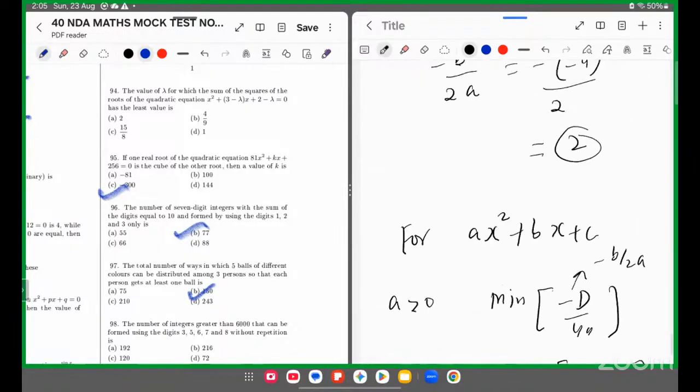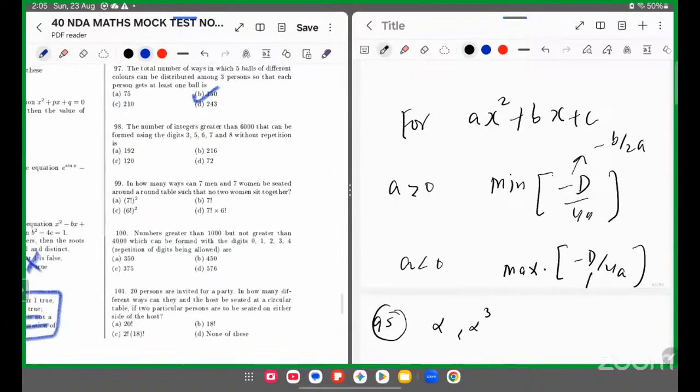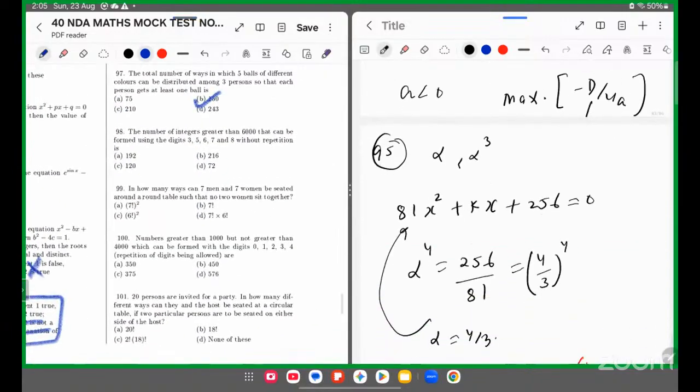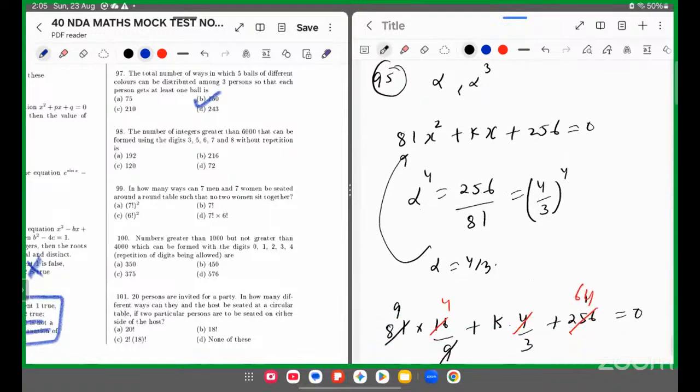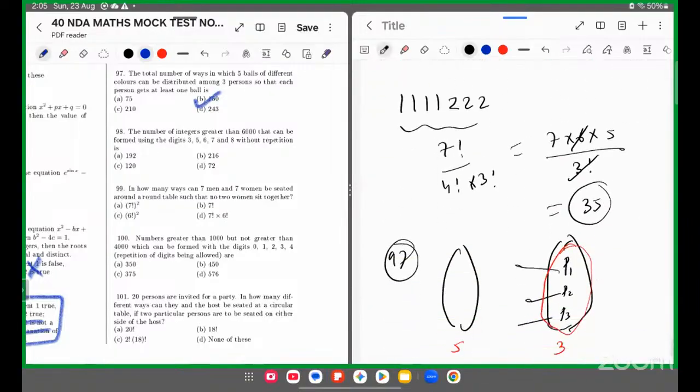94 का आंसर 2 है। सो गए। उसके बाद नेक्स्ट क्वेश्चन, द नंबर ऑफ इंटीजर्स ग्रेटर देन 6000 दैट कैन बी फॉर्म यूजिंग द डिजिट्स 3 5 6 7 8 विदाउट रिपीटिशन। तो स्टार्ट हमें 6 से करना पड़ेगा।